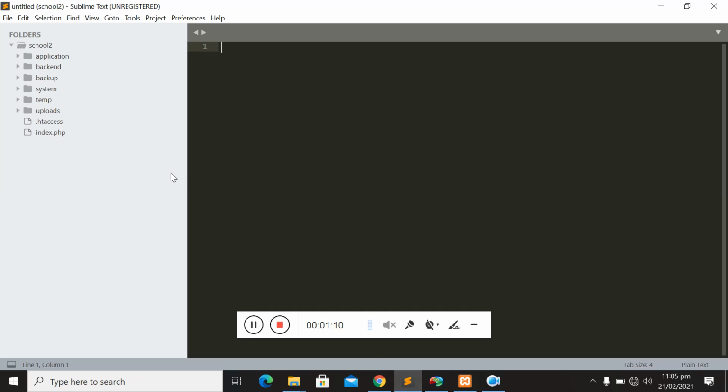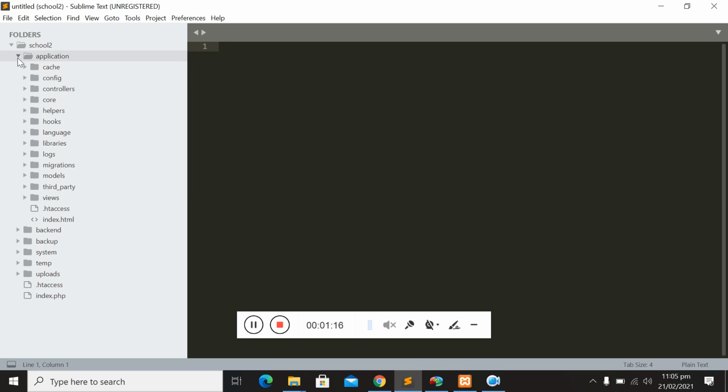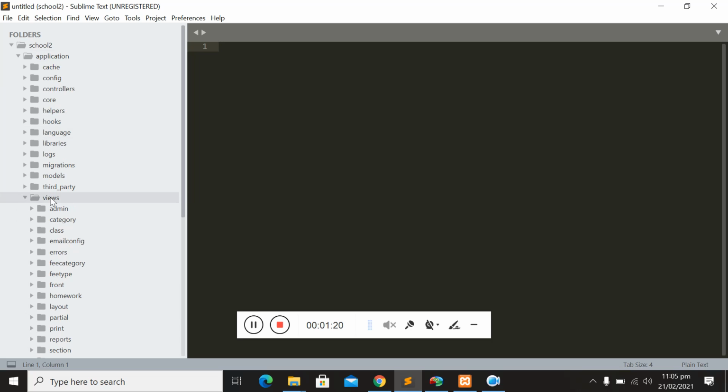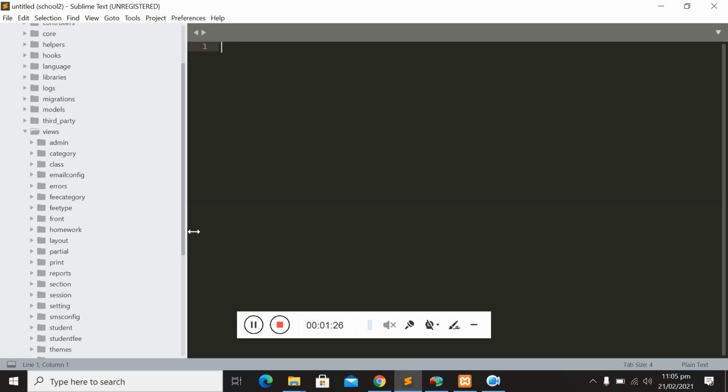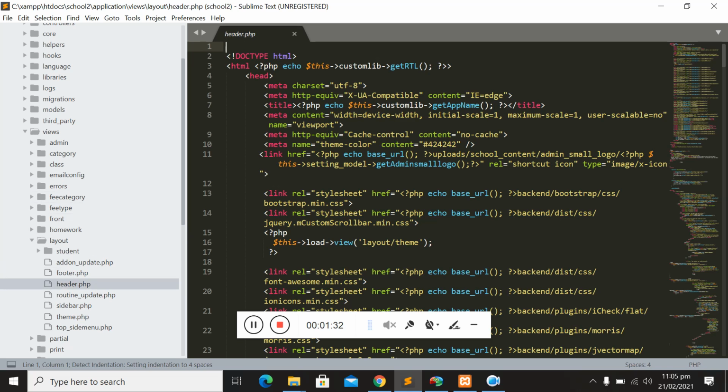Okay, so first thing which is more important to me is click on application, then go to views. After going to views we will go to layout. In layout I will click on header,